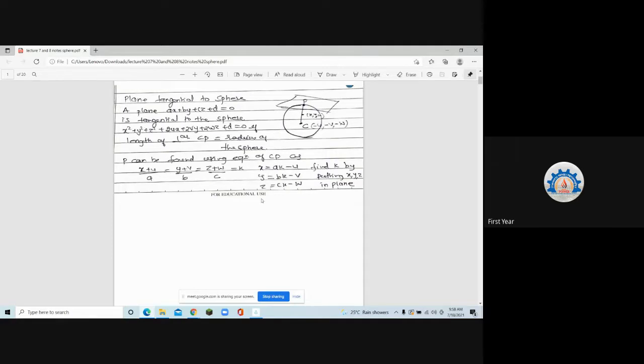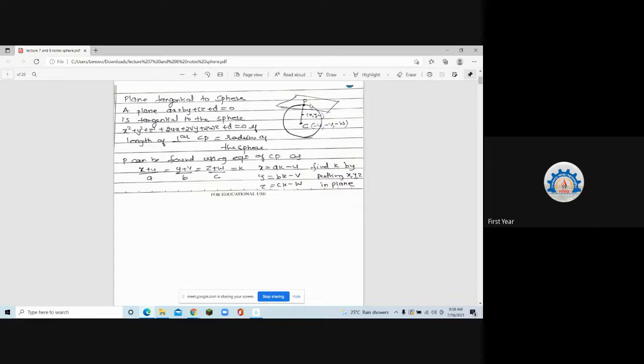How will I find k? Can anybody guess? ये x y z कहाँ पे है? ये जो पॉइंट मुझे चाहिए P पॉइंट, वो कहाँ पे है? प्लेन पे है. प्लेन पे भी है, and it is on the sphere also. But if you put it in the equation of sphere, I'll get a degree 2 equation. मतलब that will be lengthier. So plane का equation degree 1 equation होता है. So I'll get the equation of k quickly in degree 1, and I'll get the value of k immediately. That I'll back substitute in this x y z and I'll get the point P.